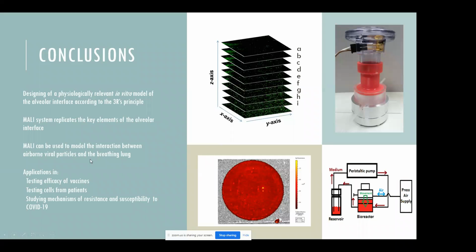We started off just thinking what's the design principle behind the lung, and we developed this physiologically relevant in vitro model of the alveolar interface using the principle of the 3 R's. So, you know, we wanted to use something that didn't make use of animals. So that's why it's known as an in vitro model. But as you can see, very much supported by in silico and mathematical and finite element models. We can say that the system replicates the key elements of the alveolar interface. And so we can use it, and we are using it, to study the interaction between airborne viral particles and the breathing lungs. So this is what we intend to do now that we realize that